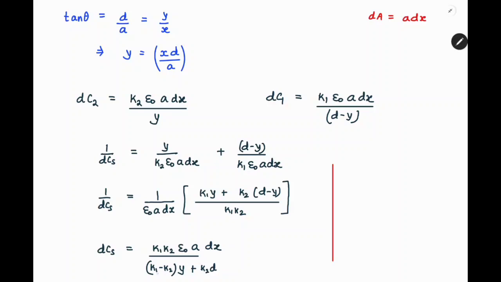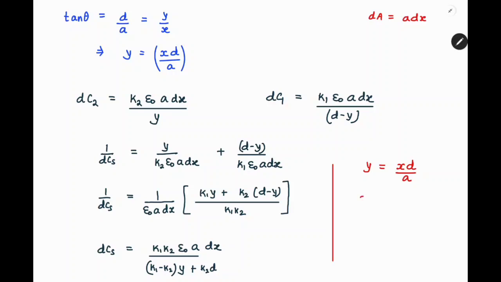And as you can see below, format one has become ay plus b, so dx upon any such format will give a log in the answer. Otherwise we can also do it like this, that y is equal to xd by a, and again I'm repeating this, that this is x multiplied by d, it is nowhere dx, that is I've written it as xd. Writing dx would have confused me also, so we are not doing that here.